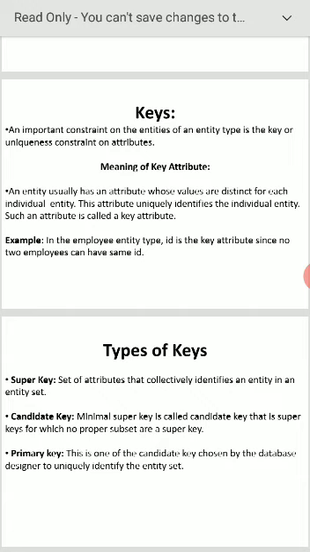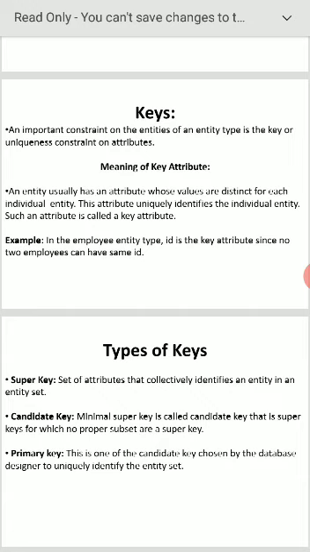Candidate key. Minimal super key is called a candidate key. Suppose you take register number, name, class, and marks. Register number is a super key as well. Then name is a candidate key. That is, super keys for which no proper subset is a super key. That is a candidate key. Suppose in a table having tuples and domains, first you have to choose the super key, then you have to choose the primary key. The rest are candidate keys.